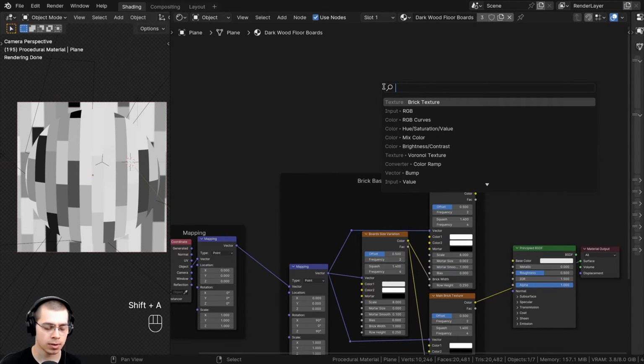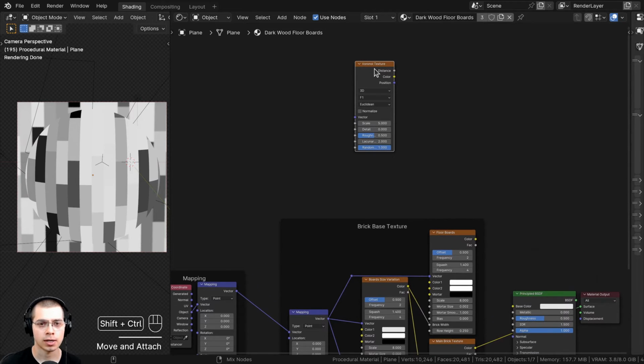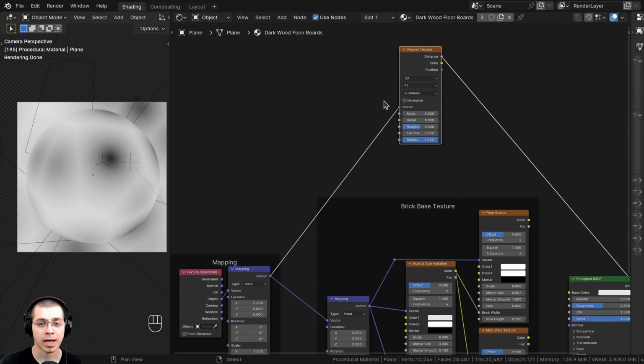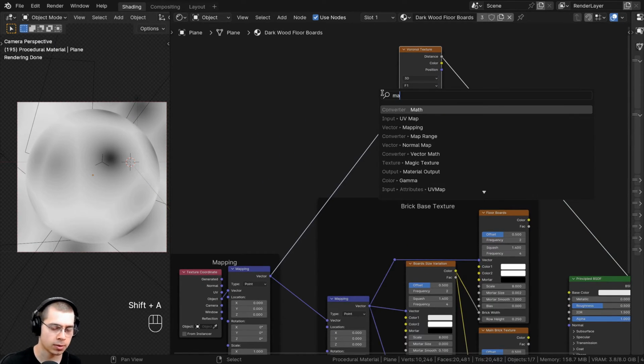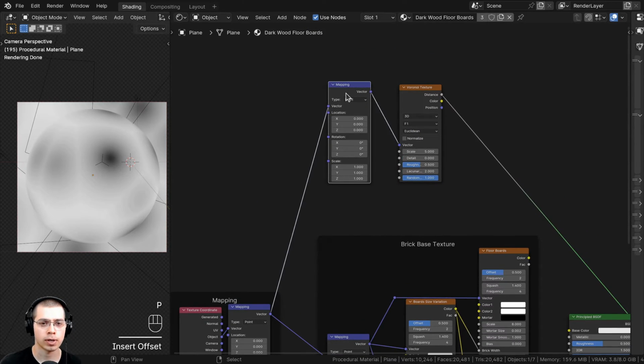So I'll go to the add menu, and I'm going to search for a Voronoi texture. Let's drop it up here, and I can Control Shift and select it to preview it. And let's use the same mapping, so the mapping vector is going to go into the vector of this Voronoi. And then I want to add another mapping node, so I'll go to the add menu, and I'm going to search for a mapping, and let's put this in between this mapping and the Voronoi,